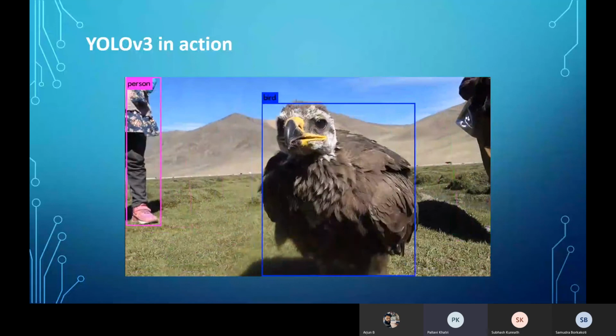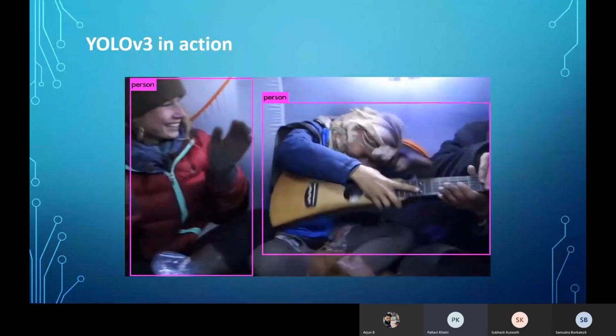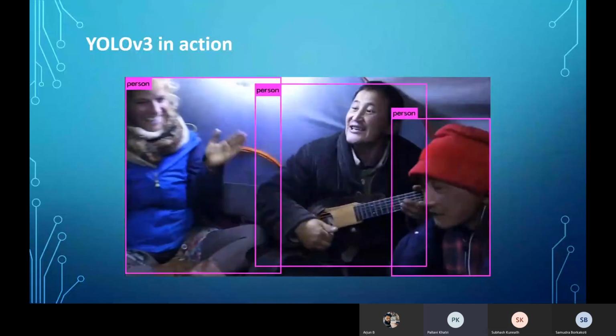Okay. I think we should explore the feasibility.